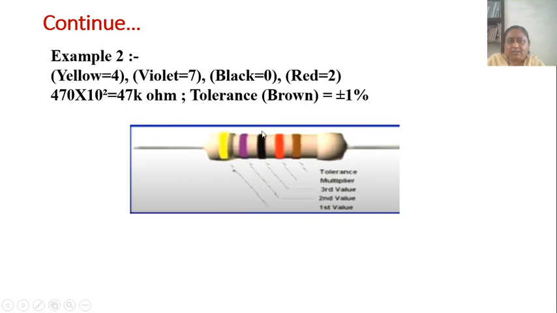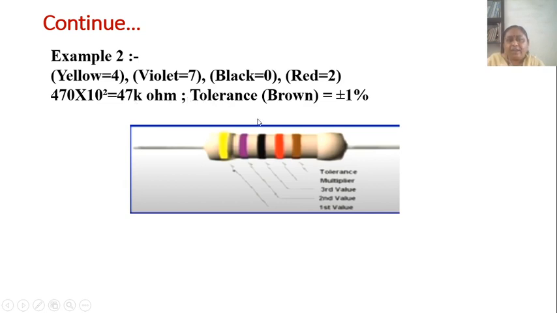The last digit band is black, so the value is 0. So 470. Next is the multiplier, which is red, so 10 raised to 2. So the value is 470 into 10 raised to 2, which is equal to 47k